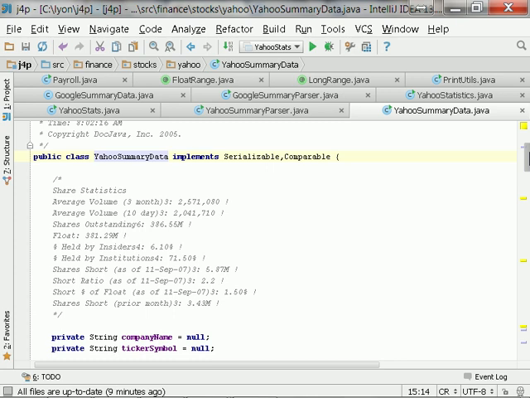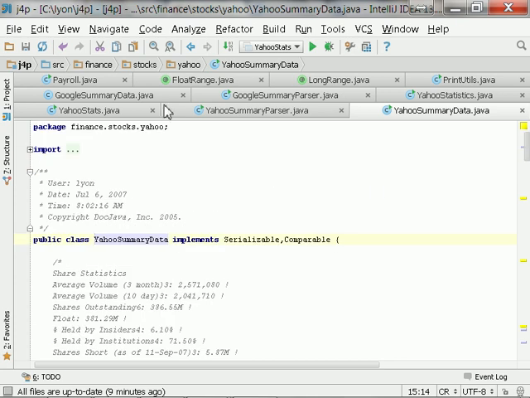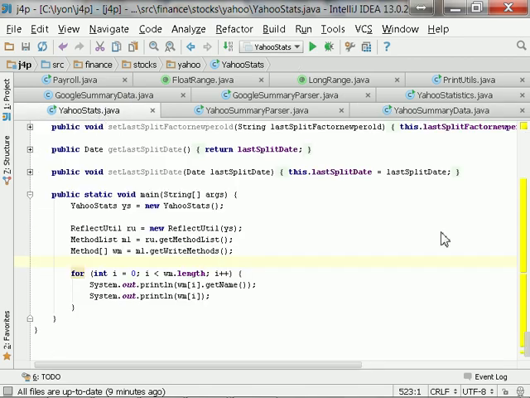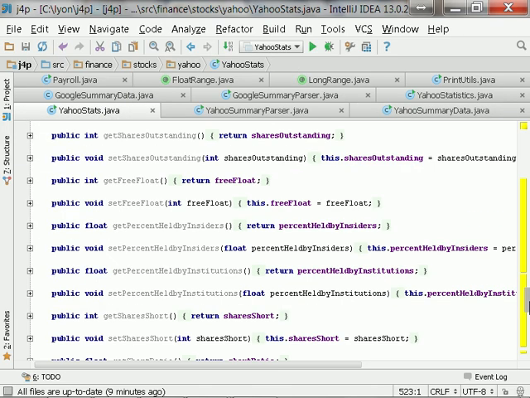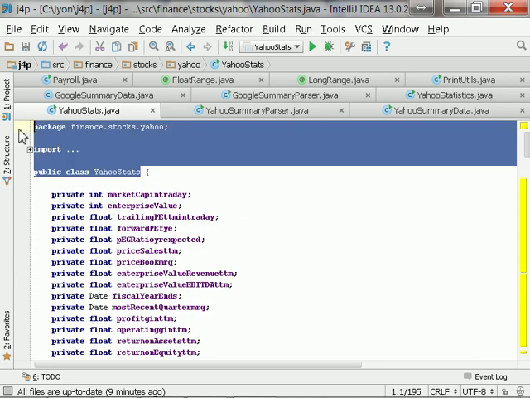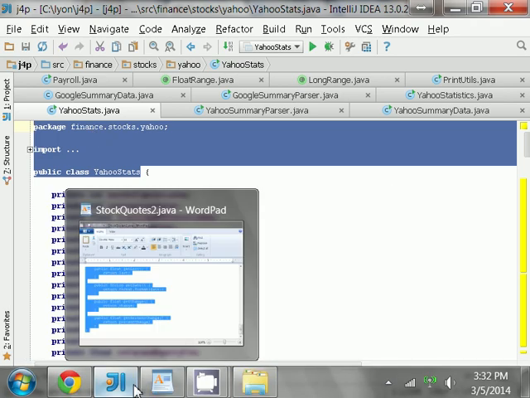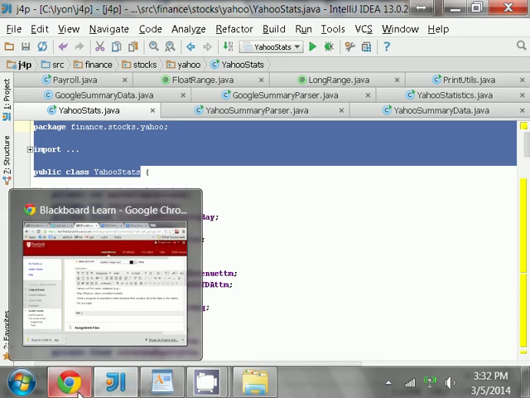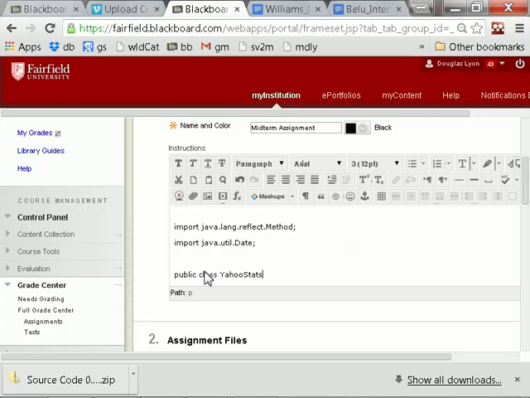Yeah, this is just a fragment of the Yahoo Statistics. It's not all of them. Here it says Yahoo Stats. Yeah, I think this is the one you want. I will copy this, but just the head. Then what we'll do is paste it in here, and